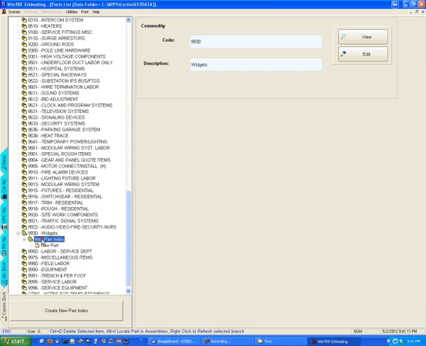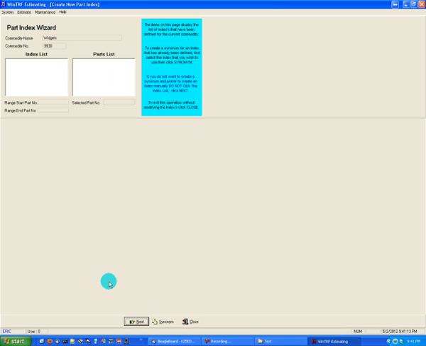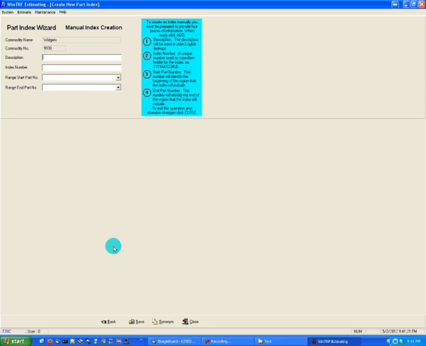New part index. I'm going to create a new part. Now this form has synonyms and next. Since this is a manually created one, I'm just going to click next, and I'm going to type in 3-inch widgets. I'm going to give it that name. The index number